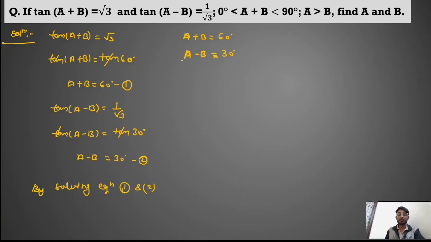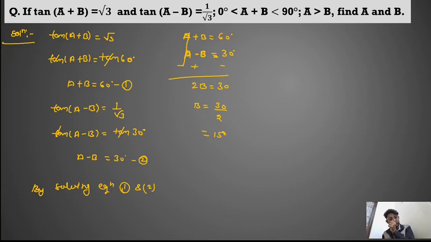Okay, so first of all you have to change the sign. Here a is given as plus, so you will write as minus. Here b is minus, so you will write as plus, and here 30 is plus, so you will write as minus. These both terms will be cancelled out from each other. b and b will be added and you will get 2b. 60 minus 30 you will get 30, so b equals 30 upon 2, so you will get 15. Value of b is 15.